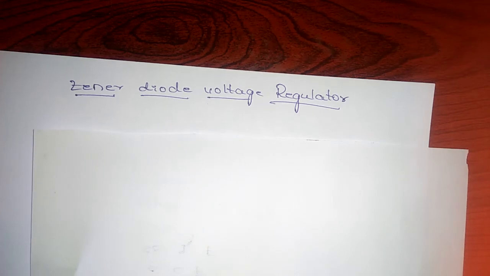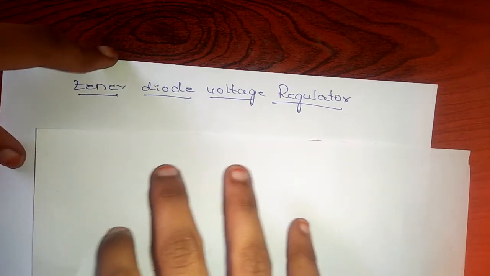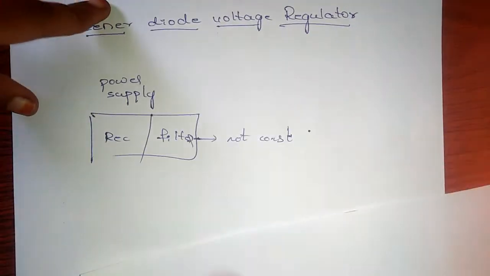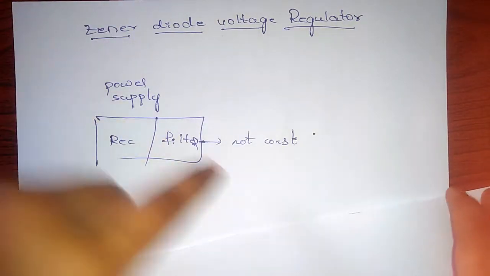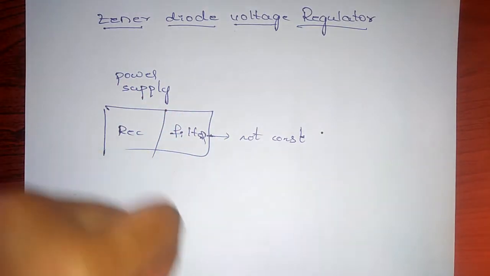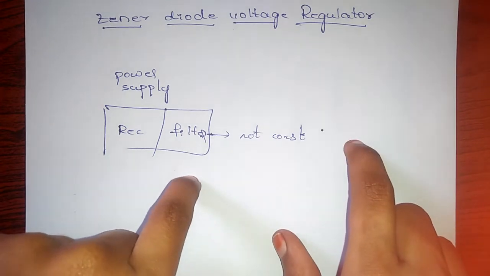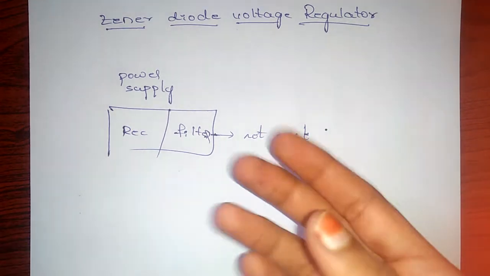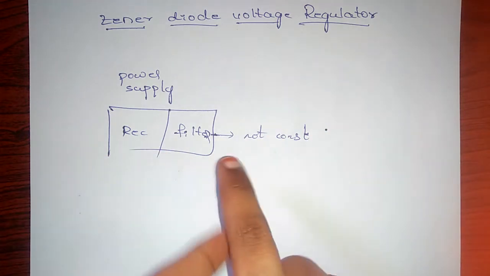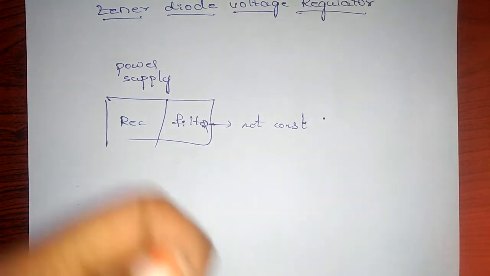Today in this video, let's know about the Zener diode voltage regulator. Where is the Zener diode voltage regulator used? For example, if we have an ordinary power supply, so what is an ordinary power supply? It is nothing but a combination of a rectifier and a filter circuit, where its output is not constant. So, in order to get a constant output, irrespective of the input voltage and load variations,